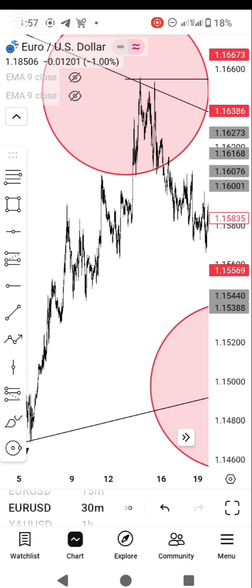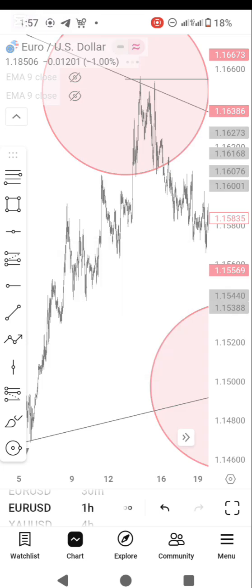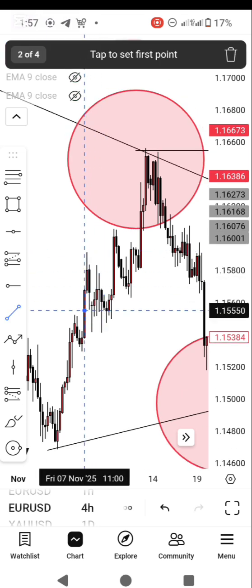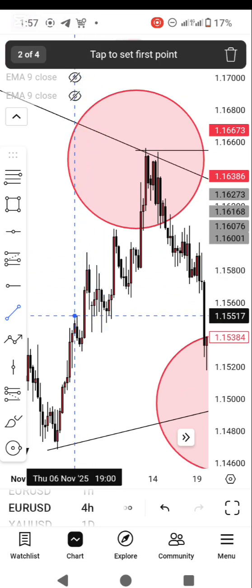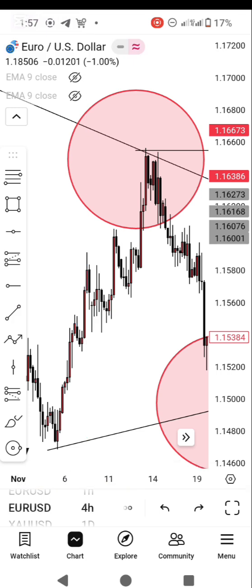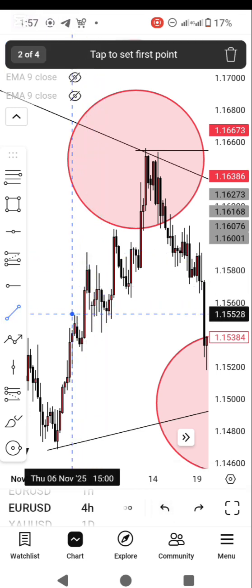We have here on the 4 hour, this is a 4 hour structure. Remember, you first want to identify the structure, or the trend. So this is a break of structure right here. This is a break of structure,